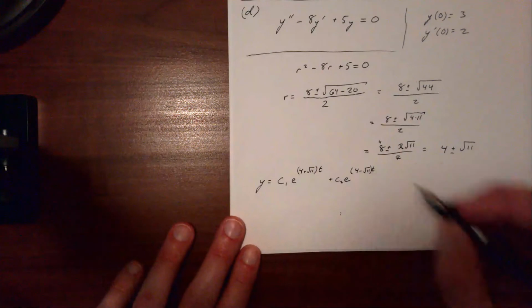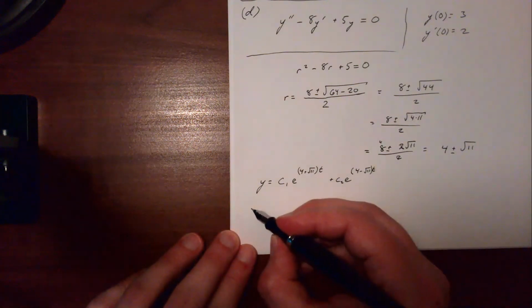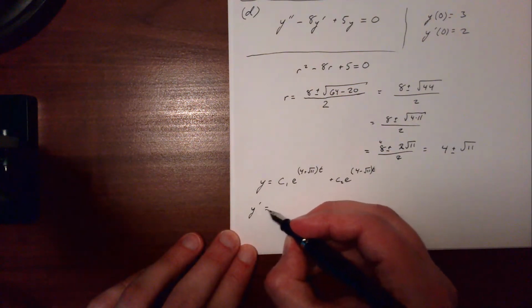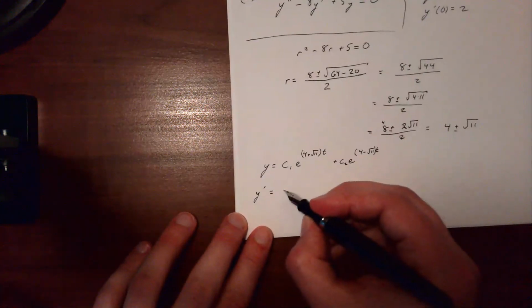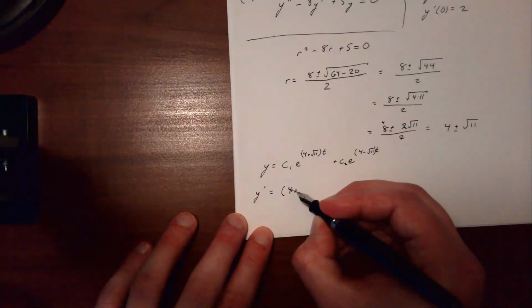And you could have done them in either order. It doesn't really make any difference. The answers would then just correspond to alternating the c1 and the c2. Alright, and now if we take the derivative of this, what's that going to give us? It looks like it's going to give us 4 plus the square root of 11